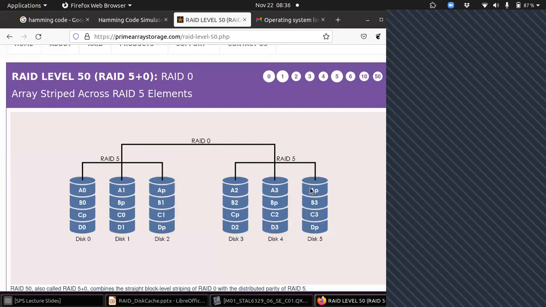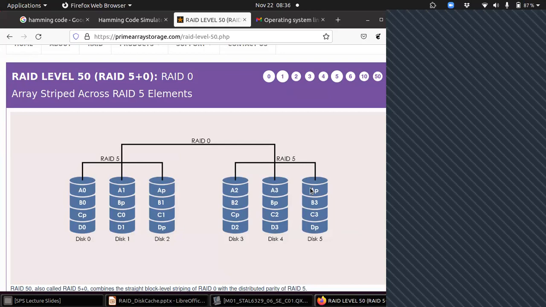Are you getting? This is not there in your book, but I found it interesting, so I just shared it with you. Basically, RAID level 10 and 50 are nothing but hybrid versions of RAID, a combination of two different RAID systems.